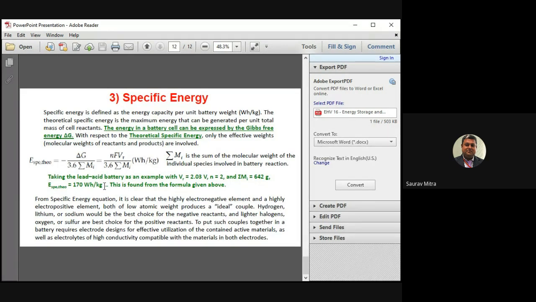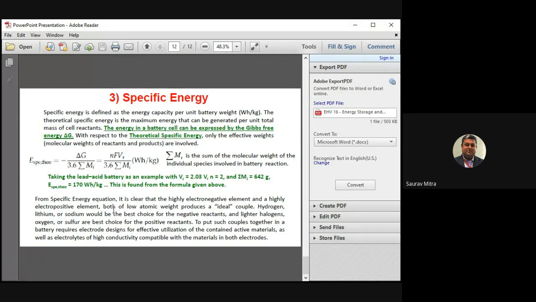The value will be higher if the VR is high, but VR we cannot change because VR is 2.03. If we cannot change VR, N we can change. So if it is discharging more, in that case, the specific energy will be more. Whenever I'm saying it's a high specific energy source, this 170 value should be as big as possible. So from the specific energy equation, it is clear that a highly electronegative element and a highly electropositive element,